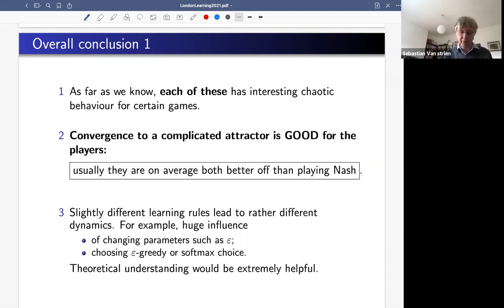So, to my mind, that's the first conclusion. There is sort of this rich source of examples that the dynamics community should really study more. The second, for me, very important observation, also surprising, was that actually having a complicated attractor is often good for players. It turns out that actually, even though maybe from the point of view of an economist, they like